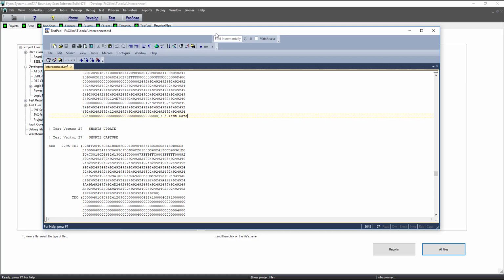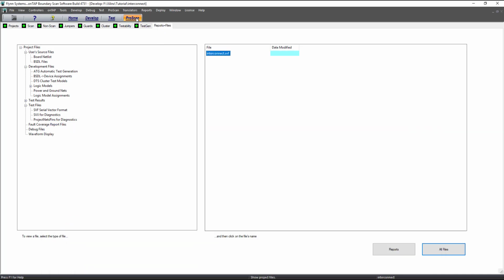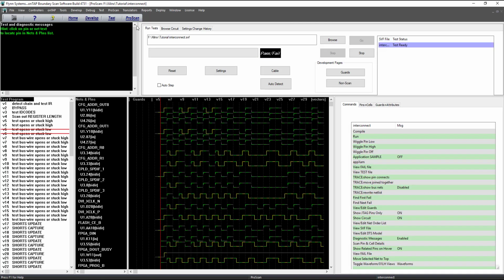In addition, there are a number of reports that are test coverage reports that are available. The other thing that is available is a ProScan page where you can take a look at the test, and there's a tutorial dedicated to ProScan, but it's going to list all of your boundary scan pins and show you exactly what the tests are, drive and sense values throughout the test. And then you have a number of options and commands. If you need to debug, for example, add guards and that type of thing, then you can do so right